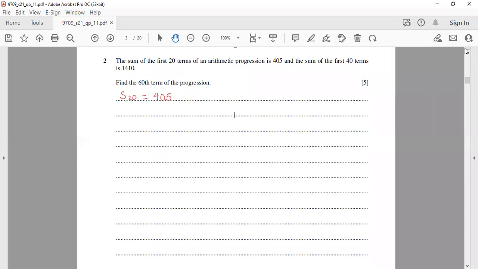Maintenant, remember que dans la liste de formules, the sum of the first n terms of an AP is equal to n divided by 2 into 2a plus n minus 1 times d, where n is the number of terms, a is the first term,